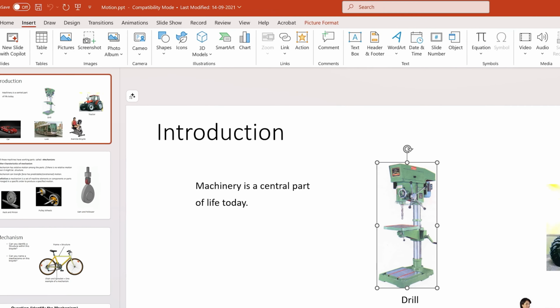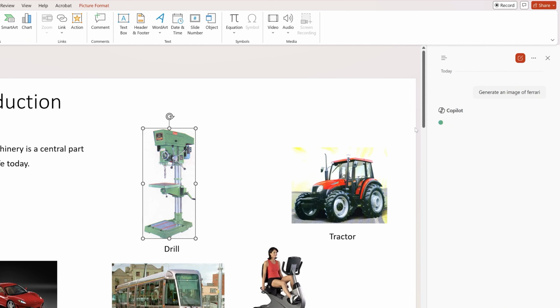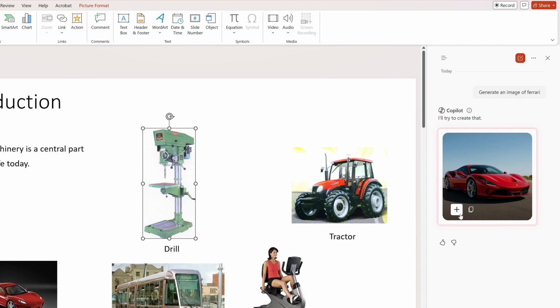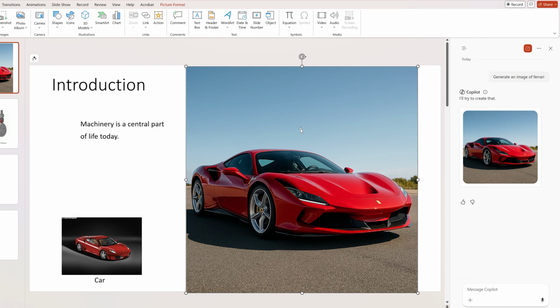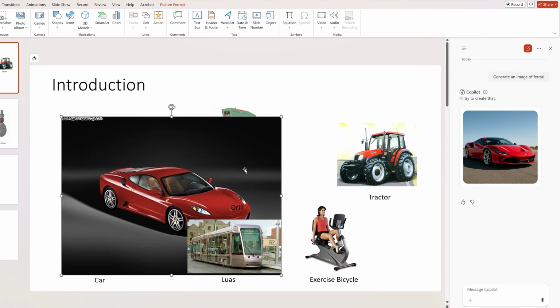So let's click here on generate an image, and put a prompt, for example, Ferrari. Now I'm going to click OK. And this way, AI can generate an image for you. And in under 1 minute, we have got this picture almost ready, which you can click on add to add it in your presentation. Now let me actually delete this and let's work on this picture, which is of very